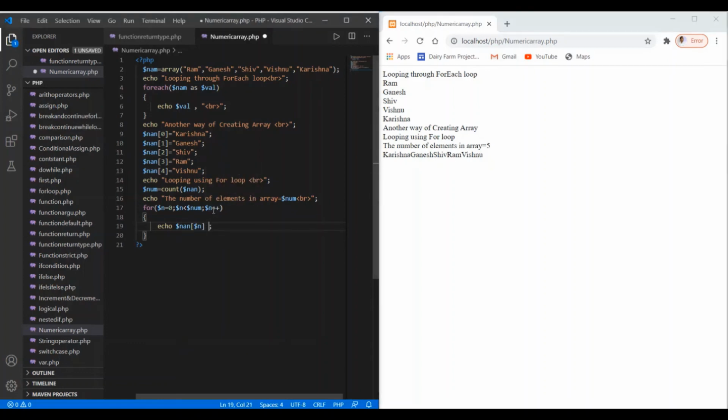So let's try again. Save your changes once again, and here we see that I think we got some error, so we're going to use the concatenation operator in this case.